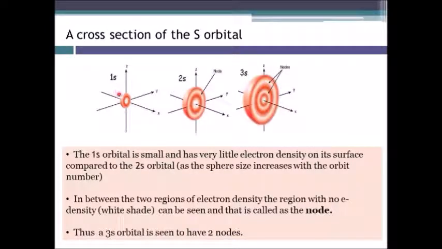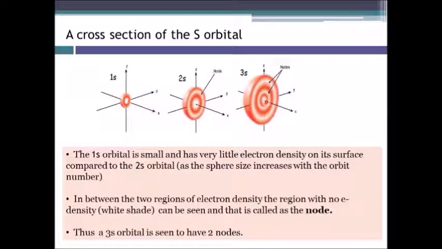Now, if you take a cross section of these s orbitals, you will find that it is not a continuous region in space. 1s is the smallest region where we find electrons. Between the 1s and the 2s, this is denoted by the dark red lines, there is some space, and that space is called the node. In this node, there is no electron or no probability of finding an electron. Again, in between the 2s and 3s, there is one more node. So, in the 3s orbital, in the section, you can see that there are two nodes.